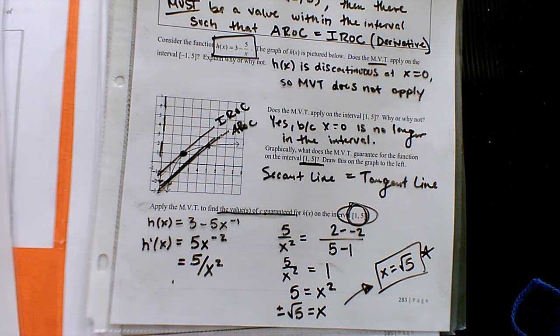So Rolle's and mean value theorem are really similar. Rolle's is just the derivative equals 0, but for the mean value theorem, the derivative equals that average rate of change. I'm going to run out of time before the bell rings, but I'm going to give you an example of, well, maybe I do have time because we're drivers in here. Have we ever gone on the turnpike before where you have to pay?